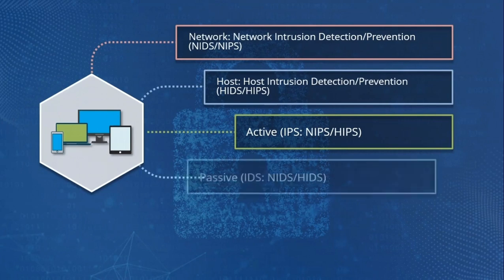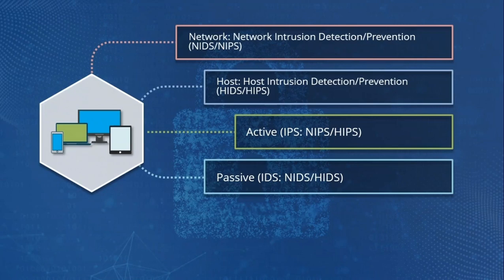Now, the alternative is passive, or intrusion detection. In those systems, the network administrator is notified, the event details are logged, but the possible attack traffic is not shut down. Now, you might immediately assume that active is the only way to go. Don't you want to shut down the traffic?